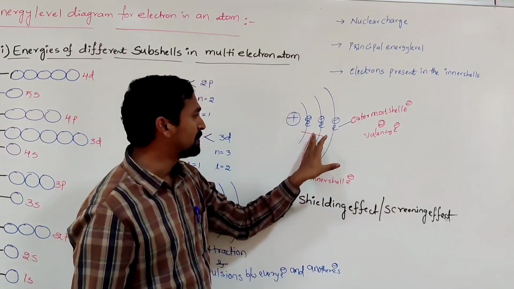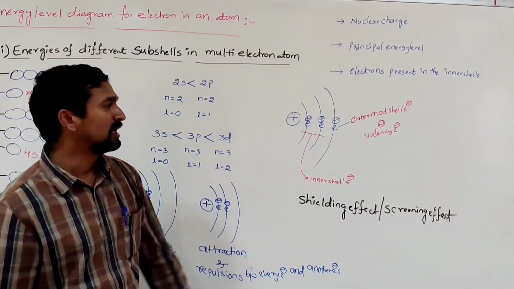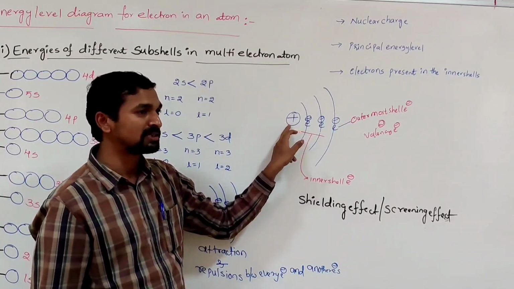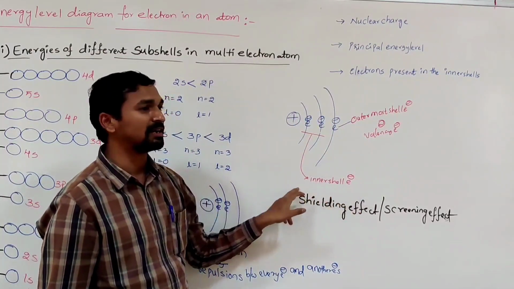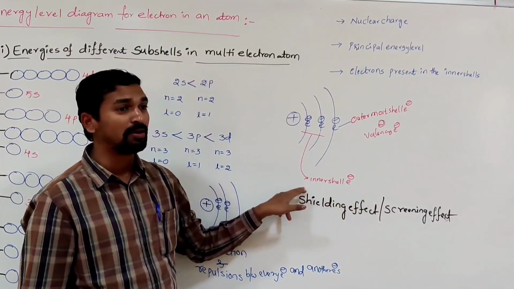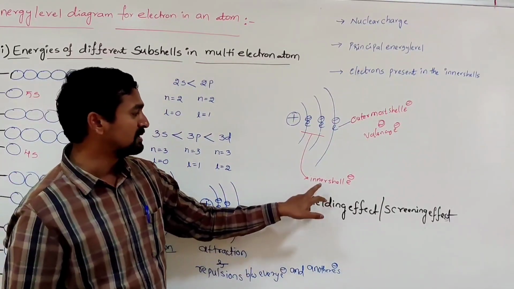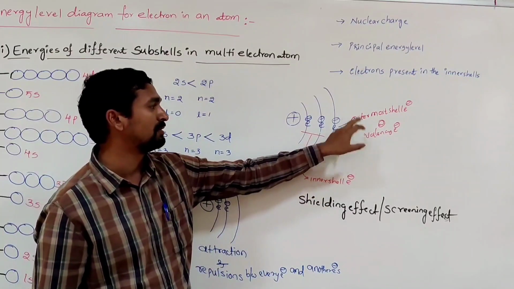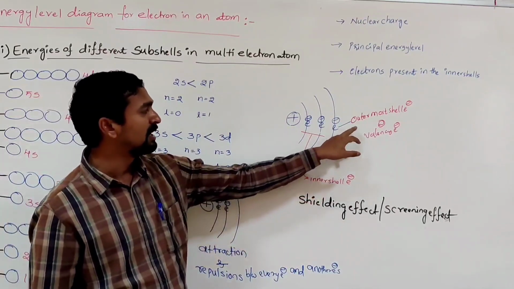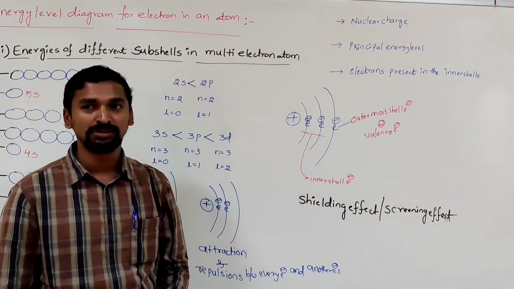That means these are preventing the nuclear charge to fall on which one? Outermost electrons. So that's why the electrons present in the outermost shell generally are not strongly bound to the nucleus as compared to the which one? Inner shell electrons, because these are very close to the nucleus. While they are close to the nucleus, they experience more nuclear charge from the nucleus as compared to the outermost electrons. That's why these are somewhat strongly bound to the nucleus compared to the outermost shell electrons. That's why their energy is somewhat low and the outer electrons' energy is somewhat high. Okay, clear.